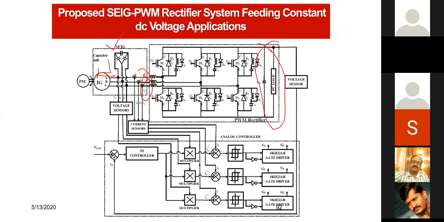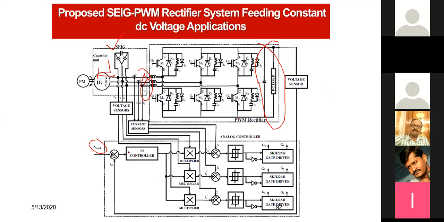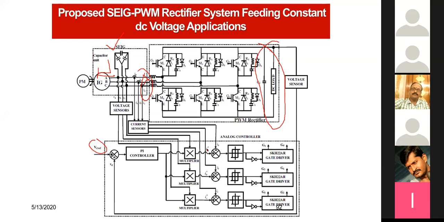So in this regard, we designed a two loop controller, the dual loop controller. The outer loop maintains the constant DC voltage, and the inner loop maintains unity power factor at this converter input terminal. The reference voltage is given, whatever reference voltage is required, and it is compared with the actual voltage. The output of this is multiplied with the unit magnitude of the stator voltages. From that, we generate the current references IA star, IB star, IC star.